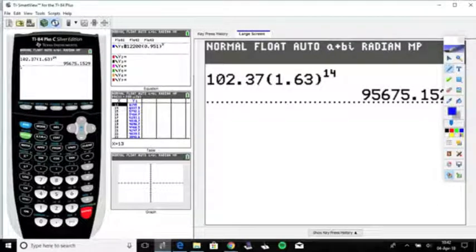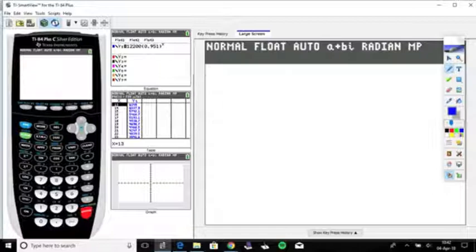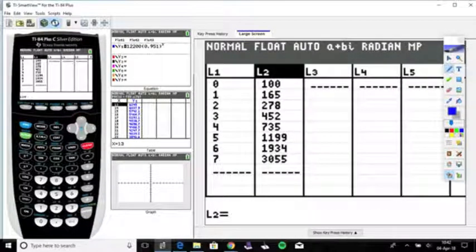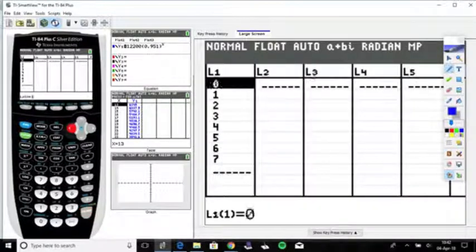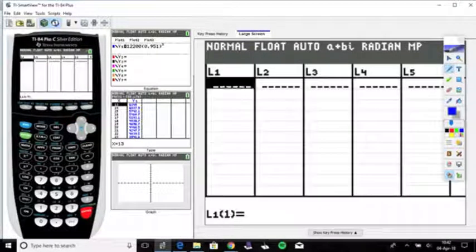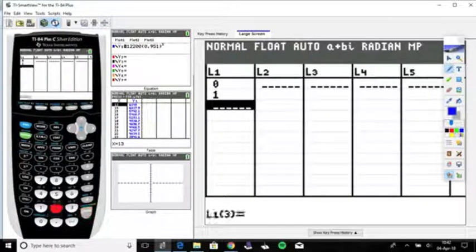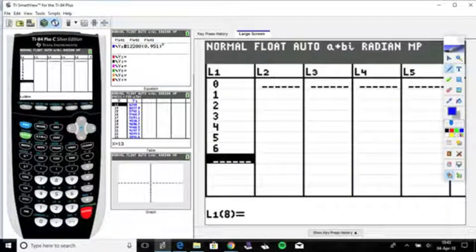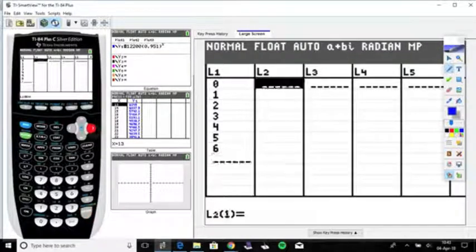Just one more time. Go to your Stat button, go to Edit, and edit your lists. So I'm going to scroll up and clear my list. Remember to hover over the top of the list, hit Clear and Enter, and the list will be gone. So now plug in the data. So for months, we have 0, 1, 2, 3, 4, 5, and 6. Right? And then for average number of guests, 145,